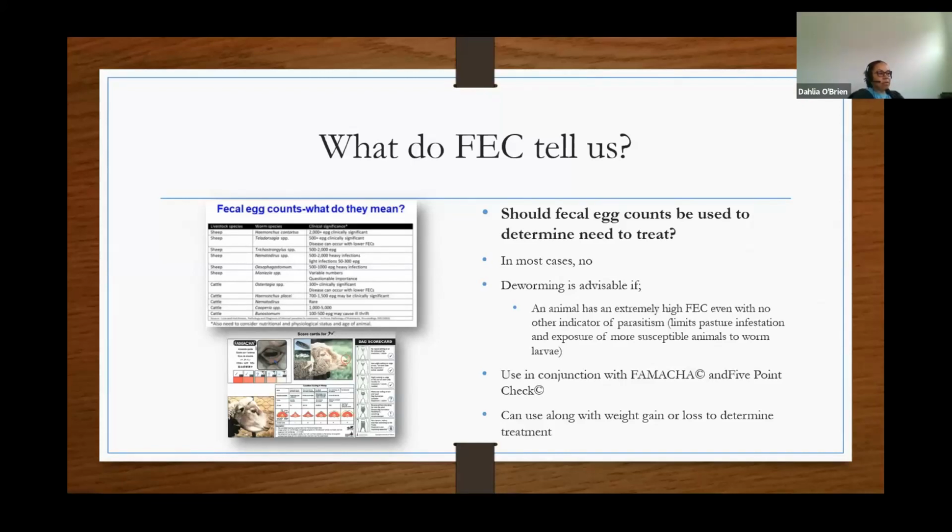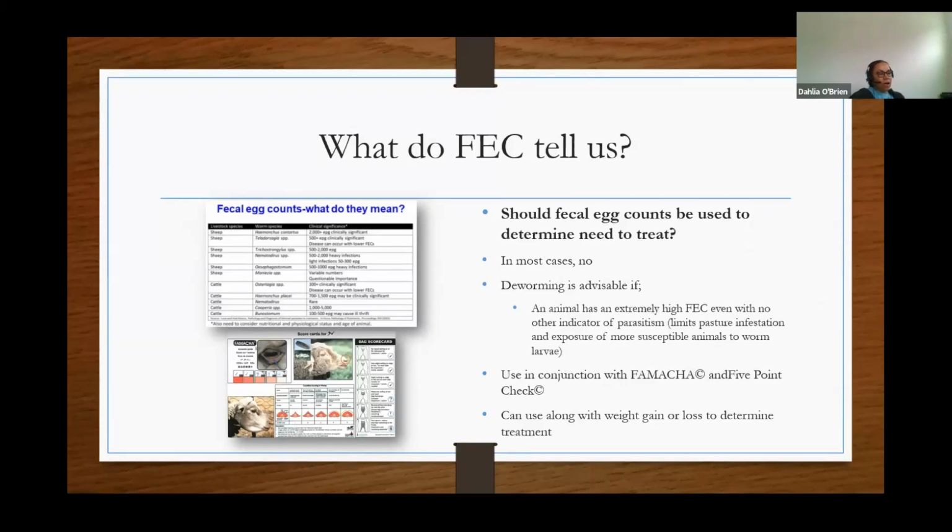There's some animals that limit infection, and there's some animals that can withstand infection. So you might have some animals in a group that a couple thousand eggs per gram does nothing to them, whereas for another animal that might be clinically significant. So we want you to think about the whole picture and not just use fecal egg counts as a standalone